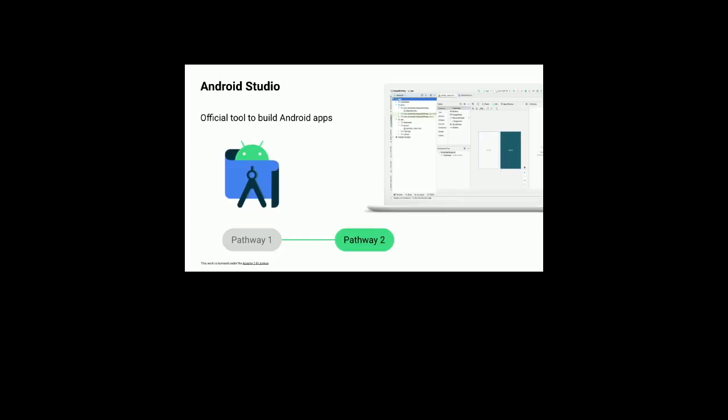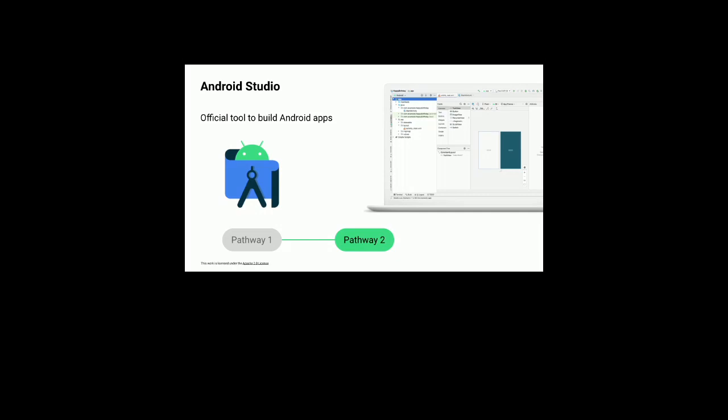Then we have Android Studio. Android Studio is the tool that is used by professional developers to build Android apps. You have to install Android Studio on your computer, and I will be providing you the link in the PDF itself. I will provide you the presentation also in the Discord or Telegram server, where you can go through the links and download all the things that are required to successfully go through the Android Study Jam program.